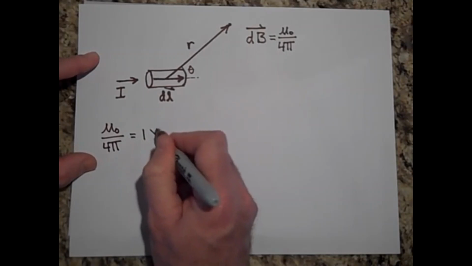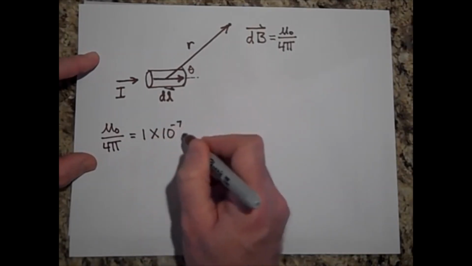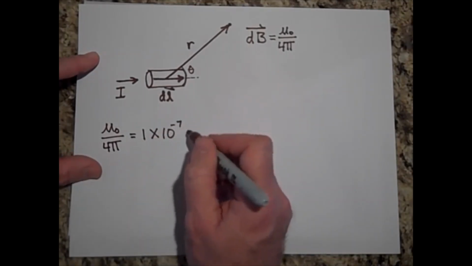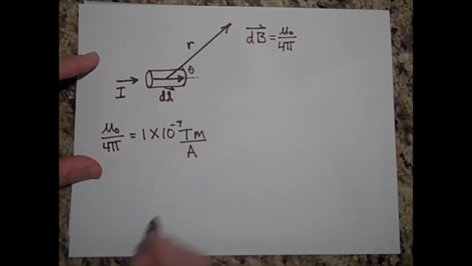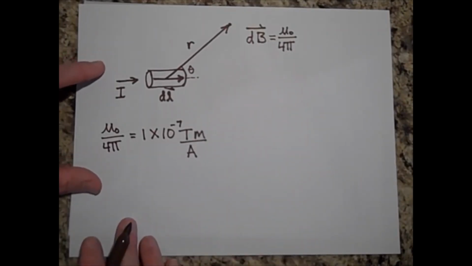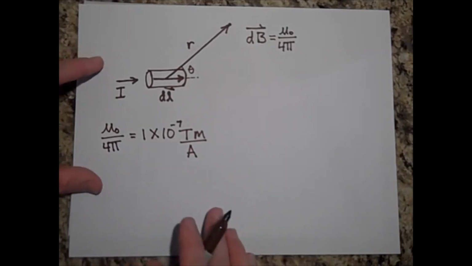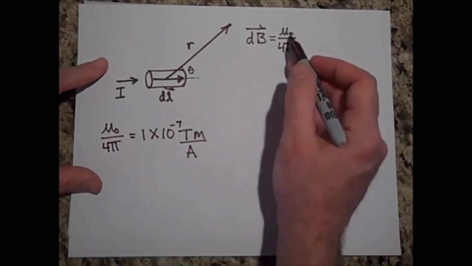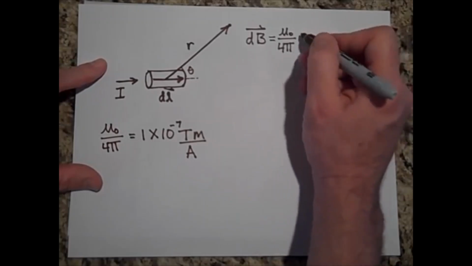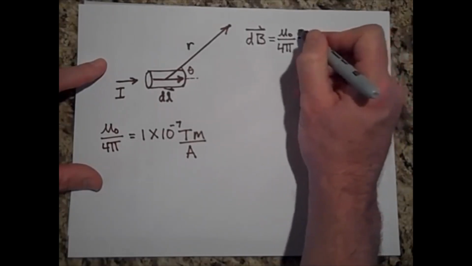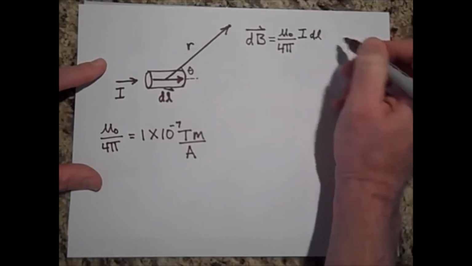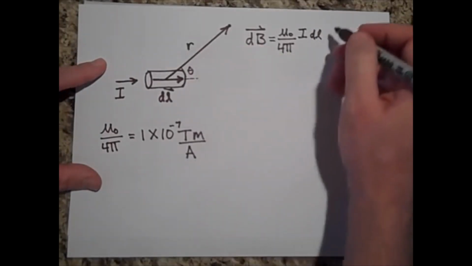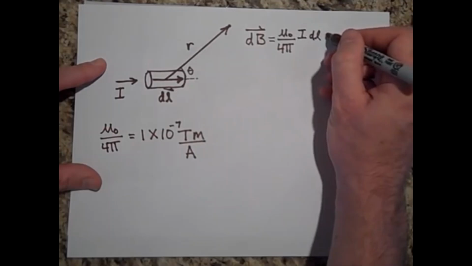You'll see why that has to be Teslas meters over amps in a different video actually. Okay, so this is mu naught over 4 pi, and then times I times dL cross r, or we can say I dL sine of theta